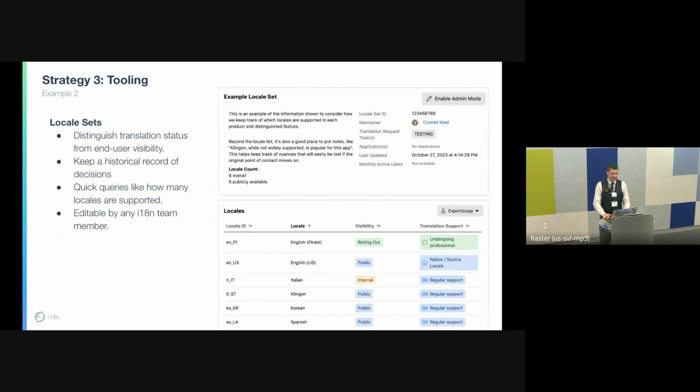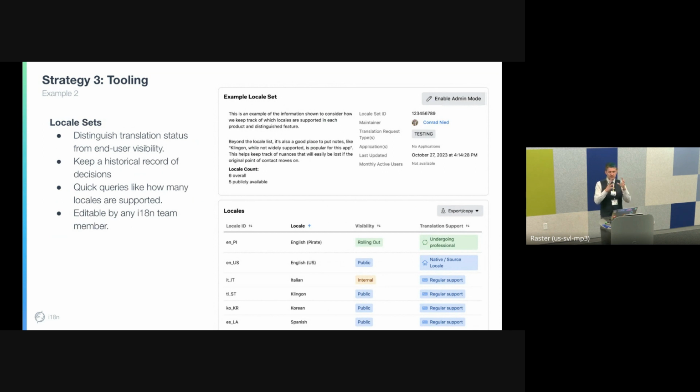Another tool that I worked on is called locale sets. I'm not enamored by the name, but it's the best name that we could have. Meta supports over 200 different products and features within products. Think of dating in Facebook. The language that we support for dating is not going to be the same as the main languages that we support for Facebook, just because dating will not work in many linguistic and cultural communities, at least internet dating.